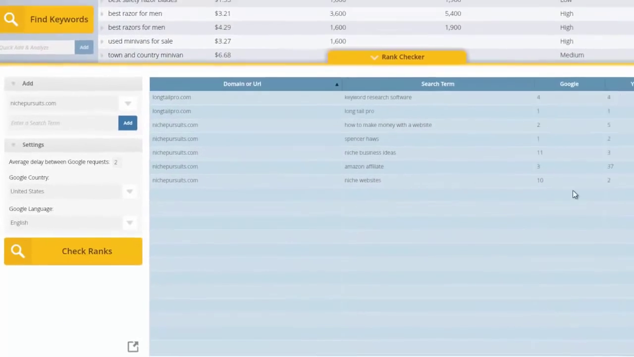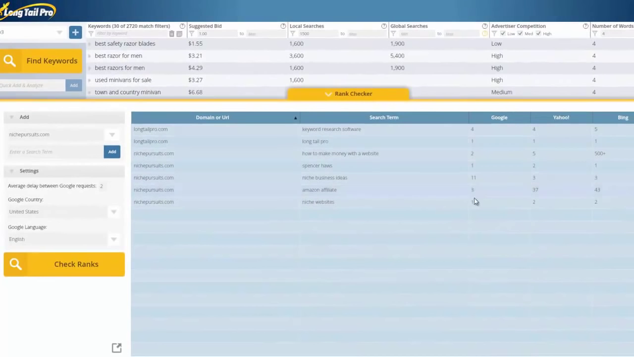So now just in a matter of seconds, I can see that I rank fairly well for several keywords in Google, Yahoo, and Bing. And you can do that for lots of your web